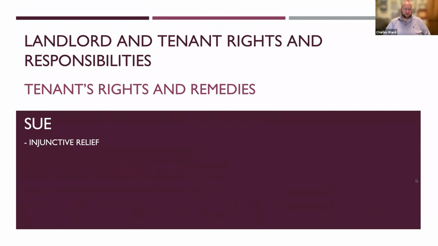You can sue a landlord for an injunction if the landlord is not doing what he's supposed to do. It's not always a simple matter for a tenant. In fact, it usually isn't, particularly nowadays, for a tenant to just up and leave. Moving is expensive. It's a tight housing market right now. So the tenant, instead of saying, hey, I'm going to move, may say, hey, look, I need you to fix this thing. It's your responsibility to fix it. So they can go to court and seek an injunction that would require the landlord to address the problem.